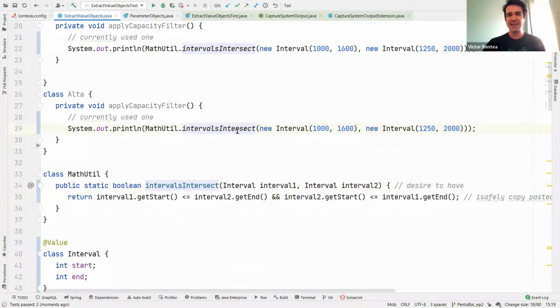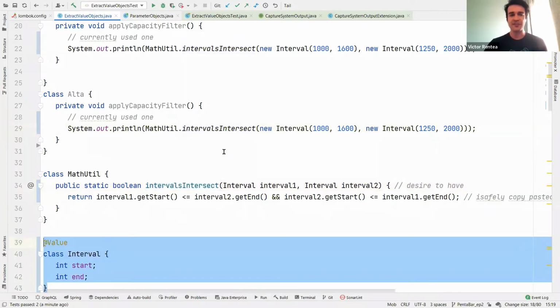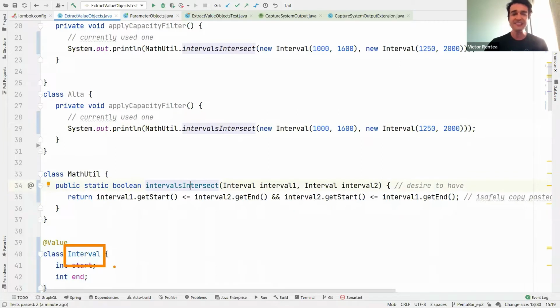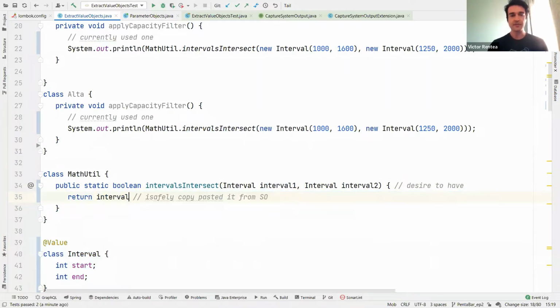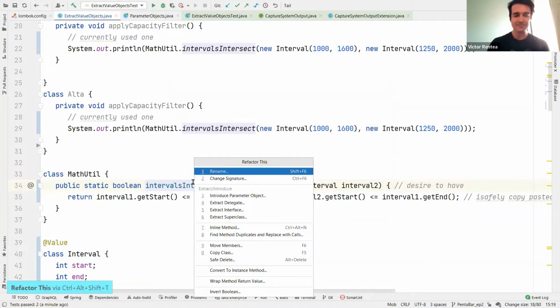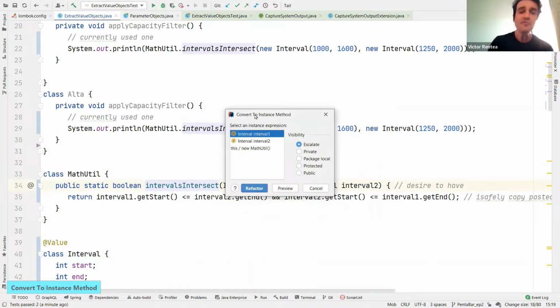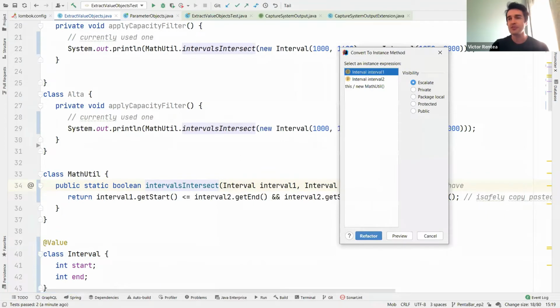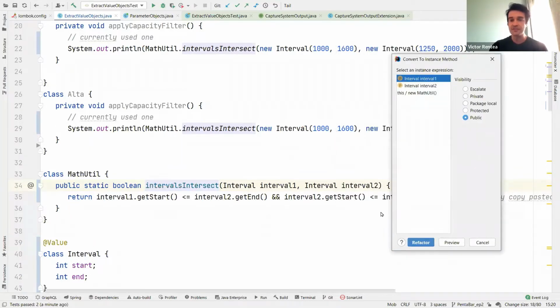If I'm intersecting 2 intervals, and if now I have an interval class, can't I put this method inside the interval? I could do the same style of refactoring that we did, making the method manually, invoking the method from here, and then inlining the function everywhere. But IntelliJ has another option in this case. It says move method. Also in Eclipse it works. Technically speaking, it is called convert to instance method, which moves the method inside one of the arguments. It's pretty shocking. How would it know that? So just look what happens. Move this method where? In the interval, it says. And then when you press refactor,